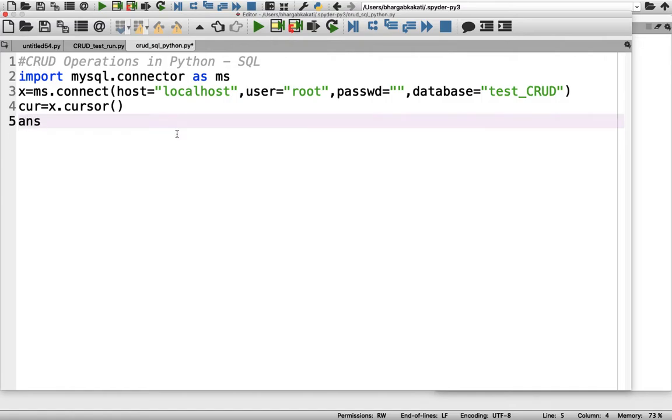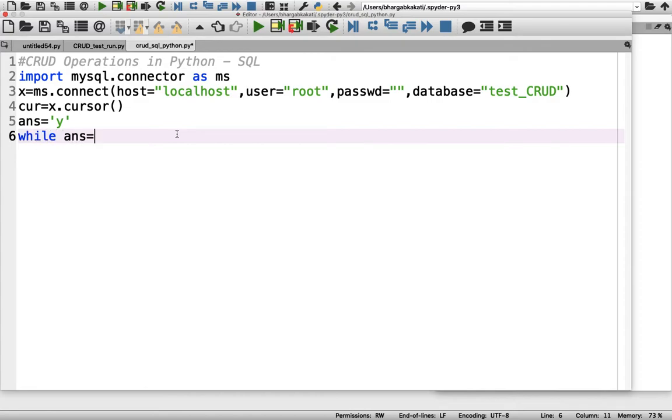Let's take an initialization variable as ANS. Why I have taken ANS, you will come to know at the end of this program. After that, I'll take a while loop: while ANS equals small y, or let's make it case insensitive. So we'll be giving both the possibilities.